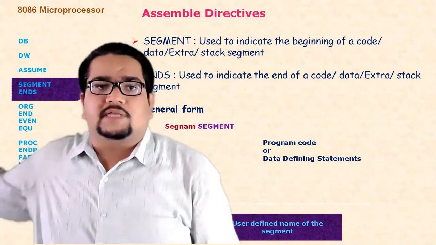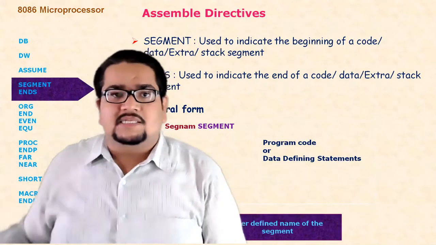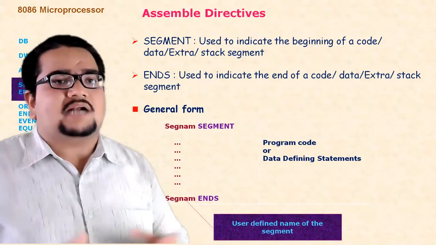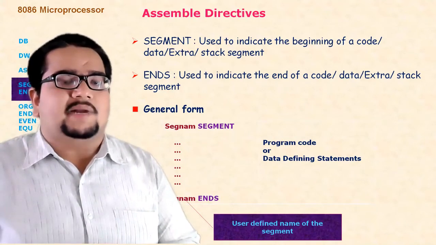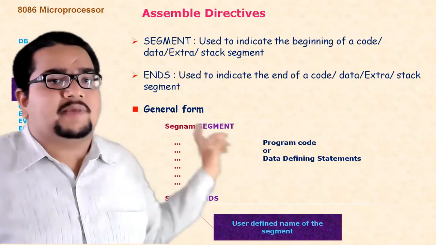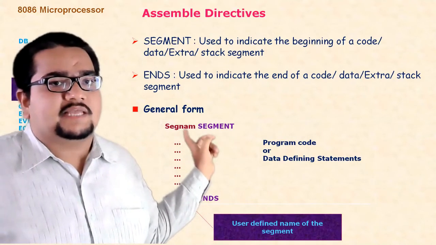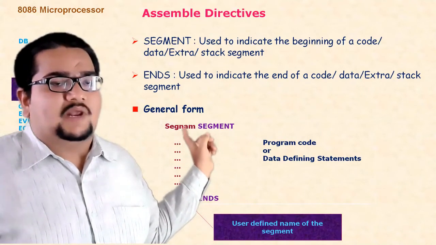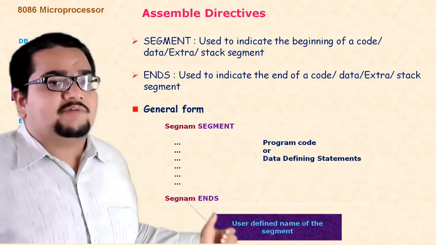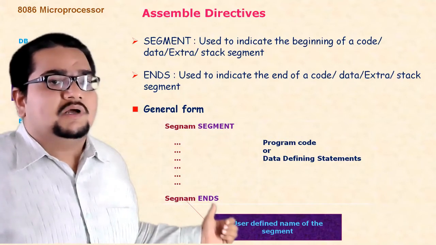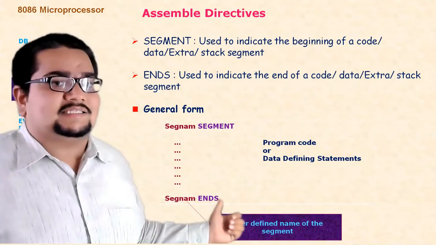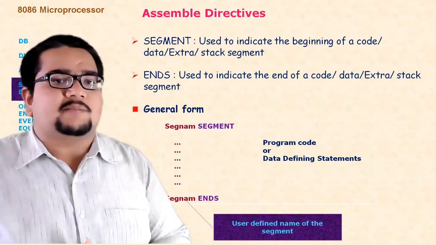Next are these two together, that is SEGMENT and ENDS. So here SEGMENT and ENDS are the start and end indicators of any particular segment. Suppose I want my code segment to start, I write CODE followed by SEGMENT. In the earlier case, you can see that the segment name I have given for the code segment is CODE. So I'll write CODE followed by SEGMENT, and all my instructions of the program will be written next. And whenever I wish to end my particular segment, I'll write the segment name, that is CODE, and ENDS. So this will end that particular code segment for me.